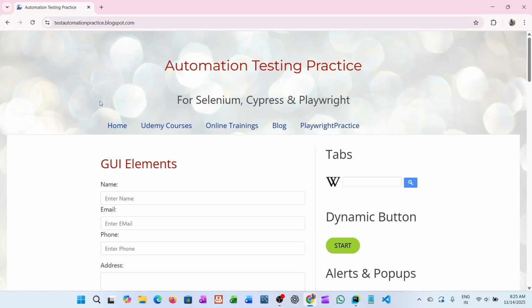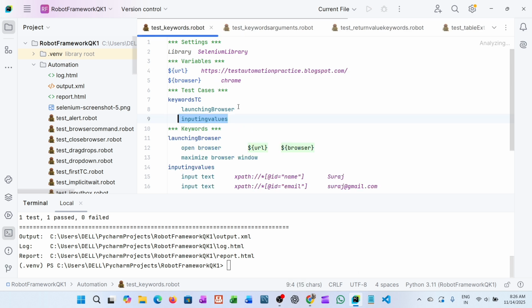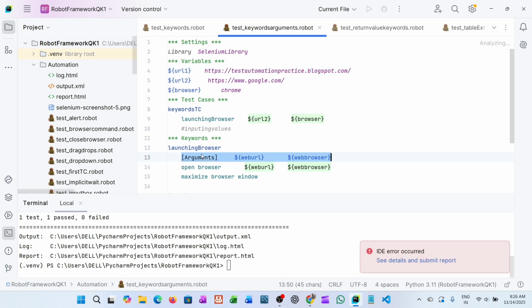Let's write the code to use arguments with keywords. Last lecture we saw how we can use the keywords in our script. Now in this video we'll see how to use keywords along with arguments, how to pass different arguments. So in the last lecture we saw